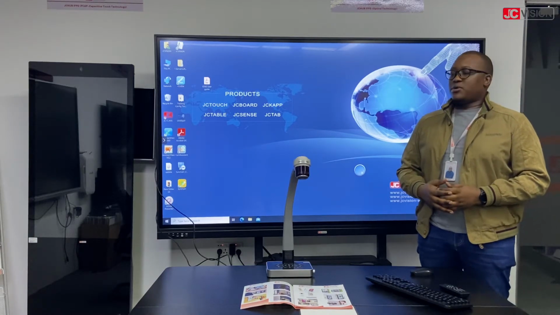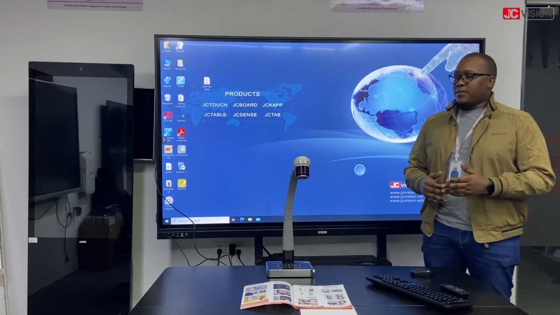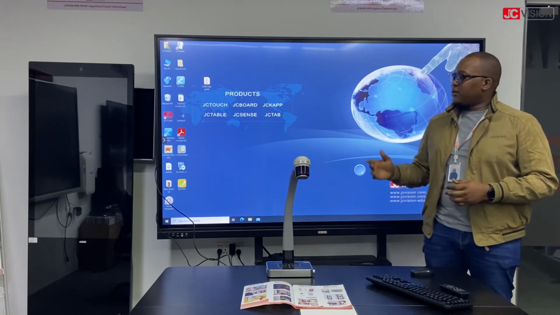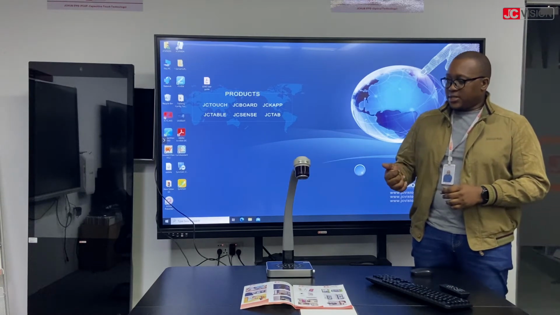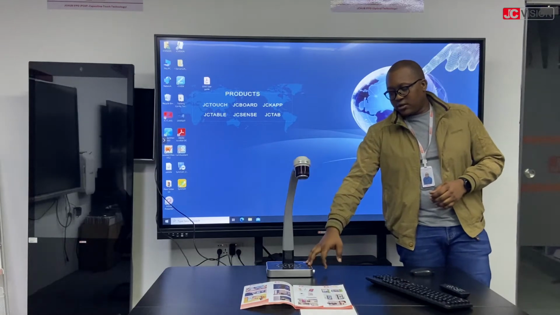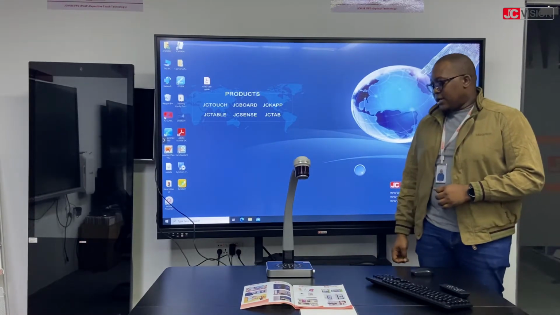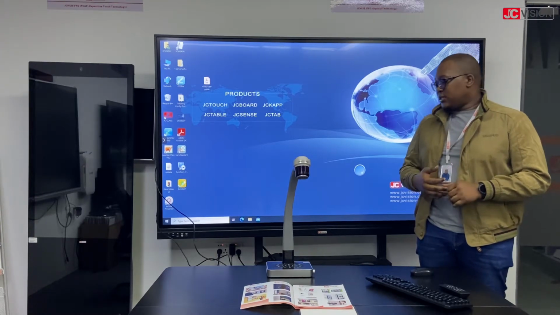I'd like to introduce to you our visualizer. I'll give you a quick rundown of the features before I move on to the software. It comes with an 8 megapixel sensor. It has control functions on the unit itself, and it has HDMI in and out, also VGA in and out,